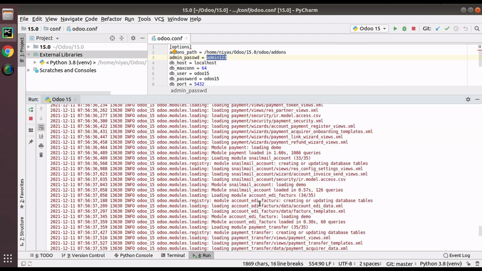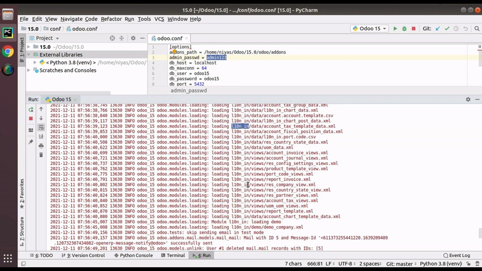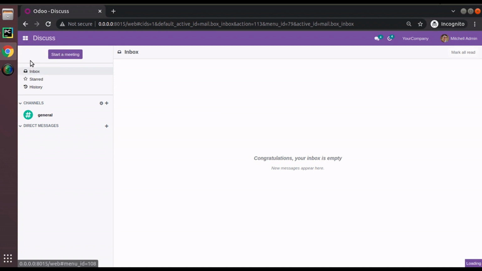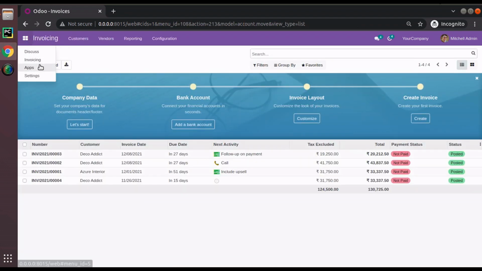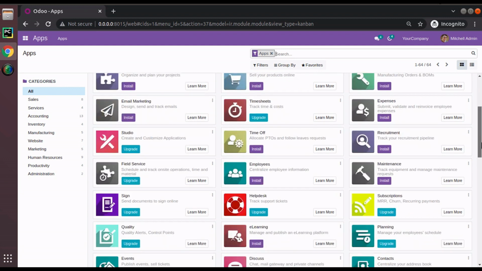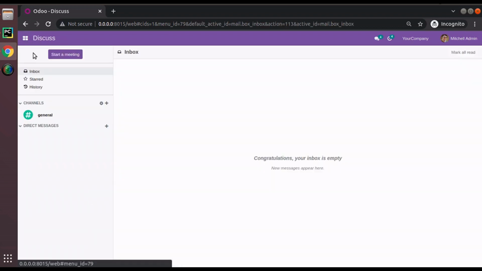If you go here, you can see the payment module, and you can see L10N IN, the Indian localization module, getting installed because we have set the country as India. This is Indian accounting that is getting installed, and it seems the process has finished. If I go here, you can see the invoicing module has been successfully installed in the database. So this is how we can create a database and install a module in it. If you need to install more modules, you can click and install them one by one and try Odoo. So this is all about how to create a database in Odoo.